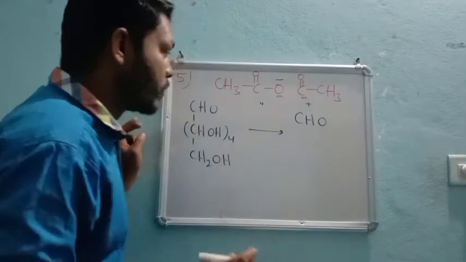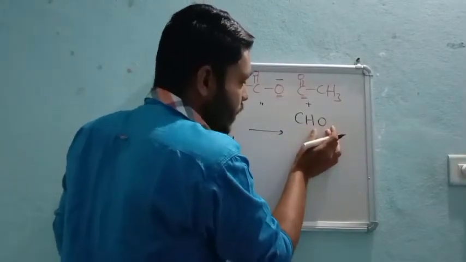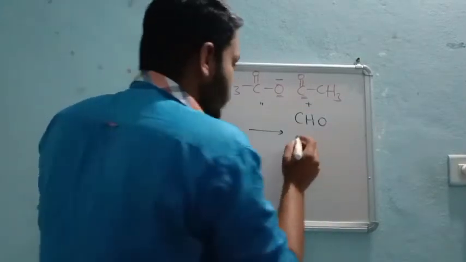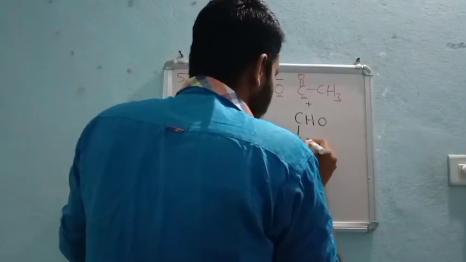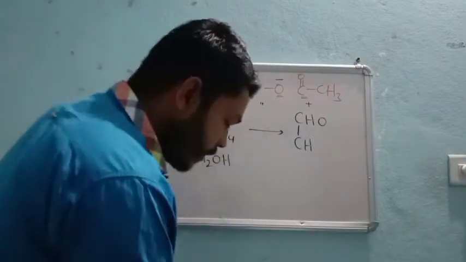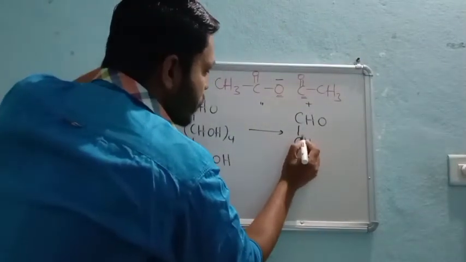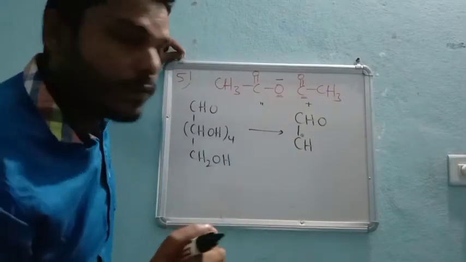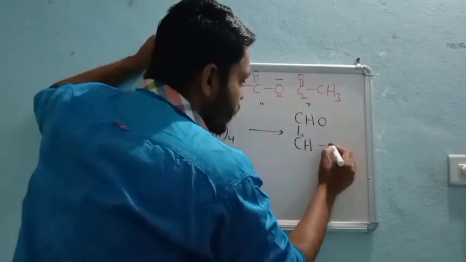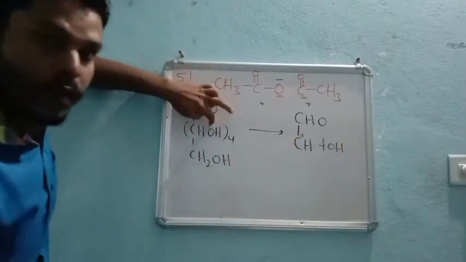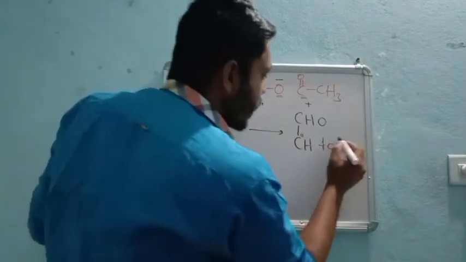So don't get confused, sir. Here there is an OH. It can react with this OH also? No, that is not the case, right? So now CH, see, CH is nothing but partially positive charge. Why? Because in CHOH, this OH is breaking a bond, right? So OH is breaking a bond means what?